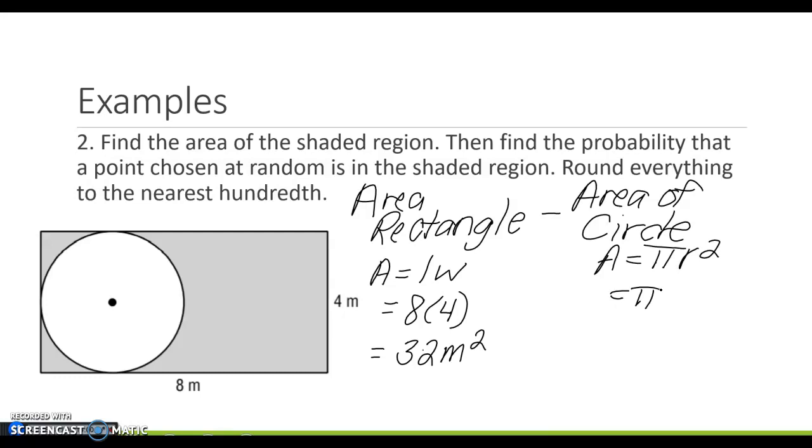So the radius goes from the center to the edge of the circle. So if this whole thing is 4, the whole way across would be 4. The radius would be half of that. So the radius is just going to be 2 meters. So 2 squared. So that would be 4 pi, and 4 pi is